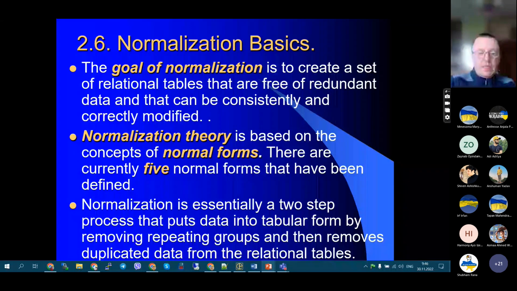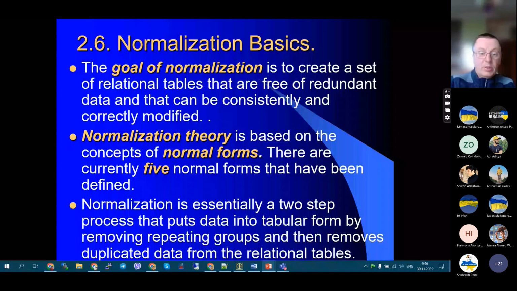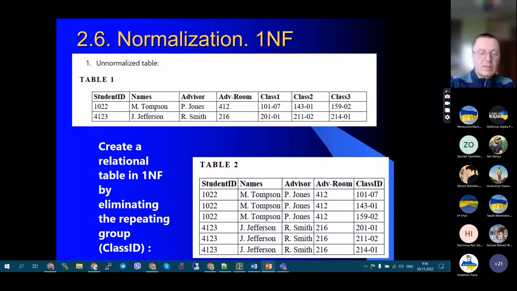And normalization essentially is a step-by-step process that puts data into tabular form by removing repeating groups, and then removes duplicated data from a relational table, repeating it a few times until we accept the results. So here we have an unnormalized table above with everything joined: student, advisor, its room, classes, etc. When we bring it to first normal form, we eliminate the repeating group, which is class, and use a class ID. Instead of class 1, 2, 3, we use a single class ID,